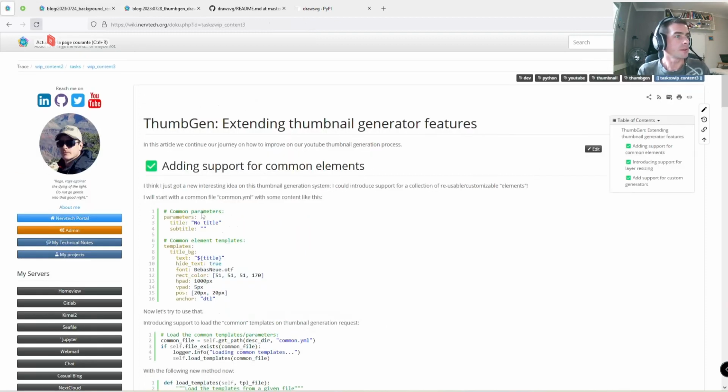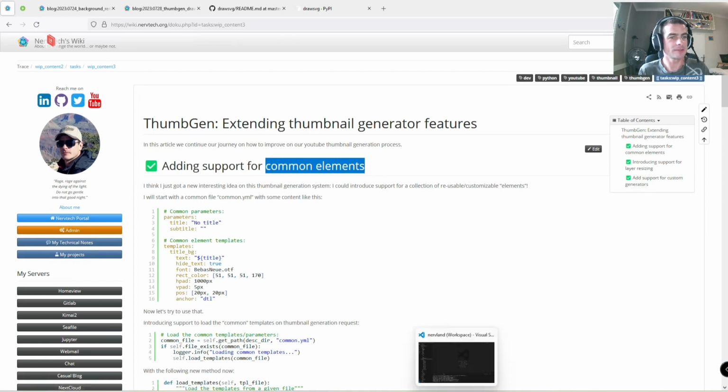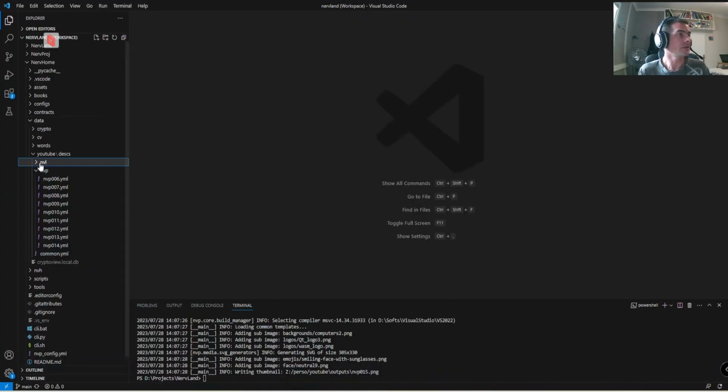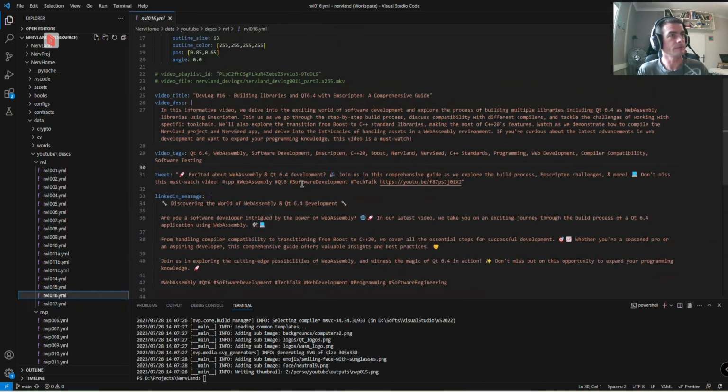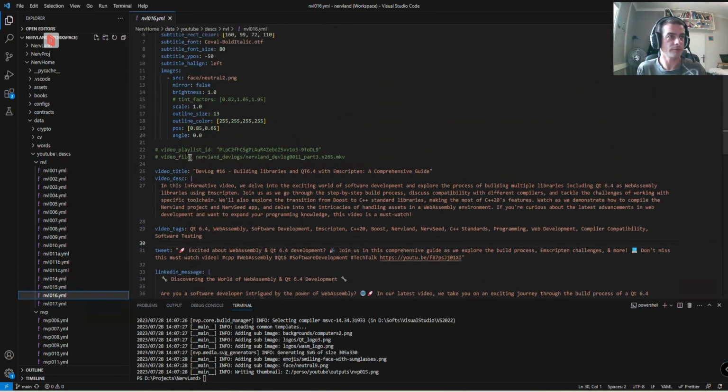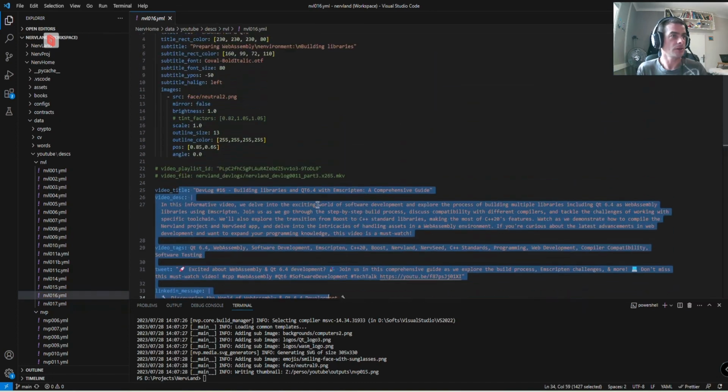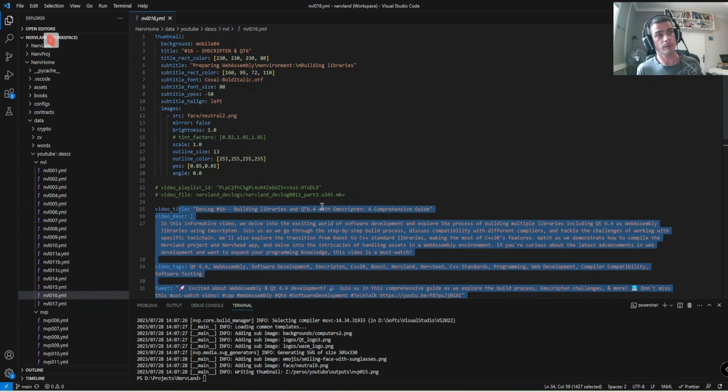Anyway, what I need to mention first is this common element support. This is something very cool that I have just added, and I think the easiest option is maybe to show you the difference between before and after. So take for instance those two files. Those are the thumbnail generation. It's actually more than just a thumbnail. It's also providing the description and everything I want to store for a given YouTube video, in fact, because